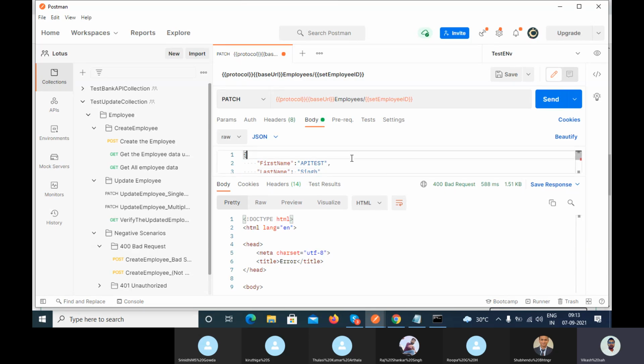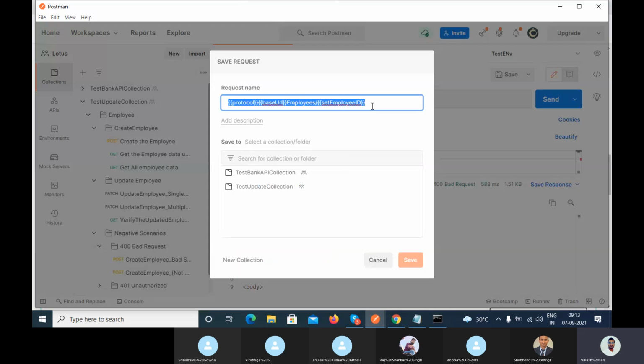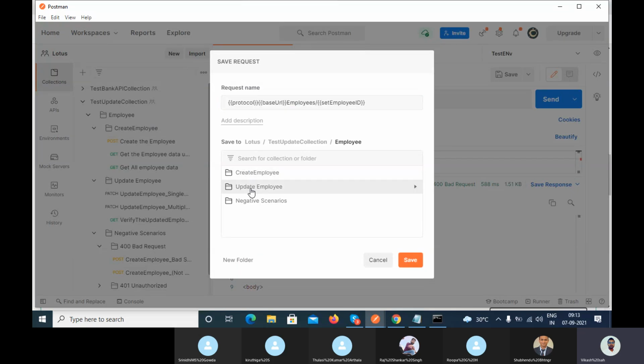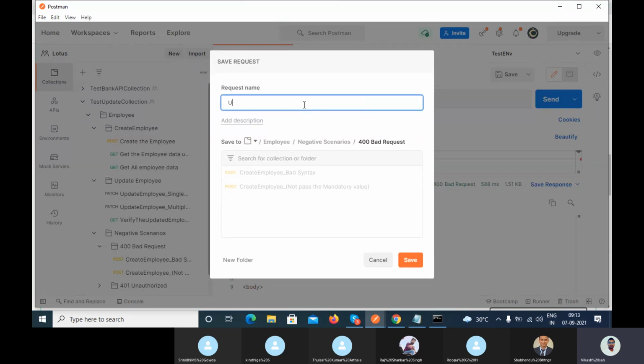Okay, let me add this inside the particular collection. Where do I have to add it? Inside the negative scenario, inside the 400, and here you can give the name, update employee. What name can you put here? Update employee, bad syntax, something like that. Whatever. If you are passing a wrong enum value, then you can name it wrong enum or invalid enum and pass the property name here, like